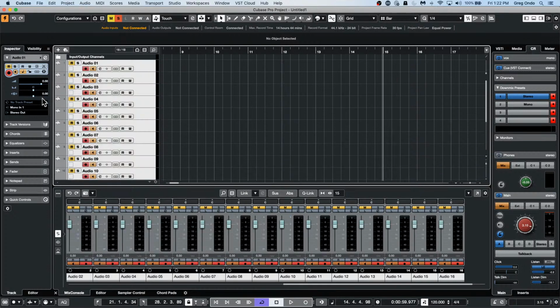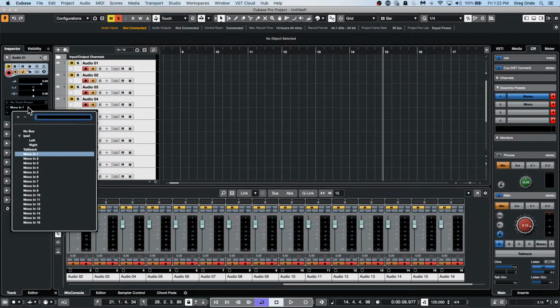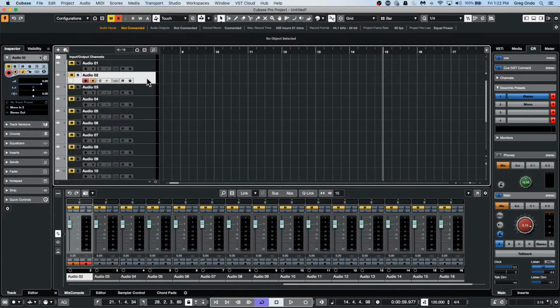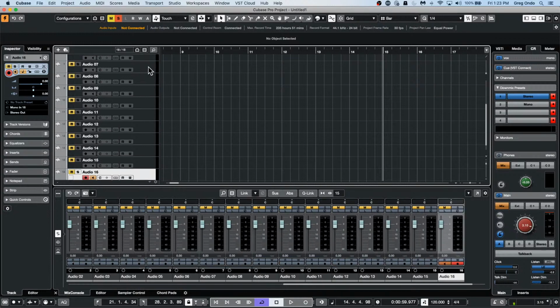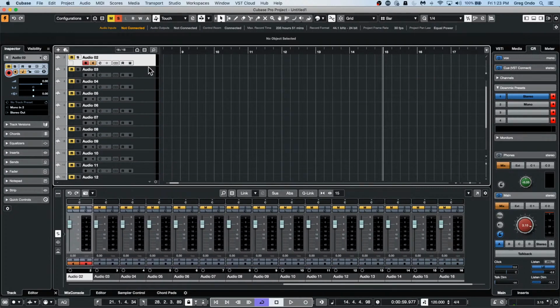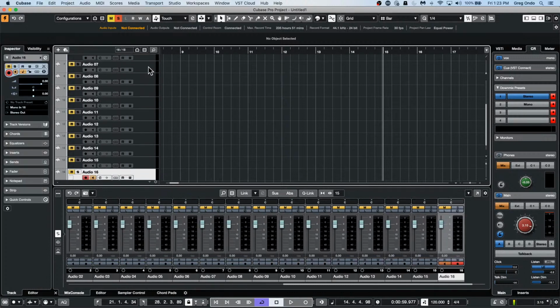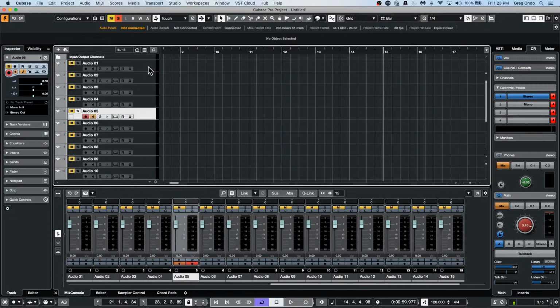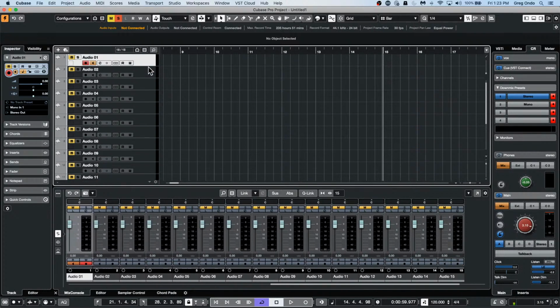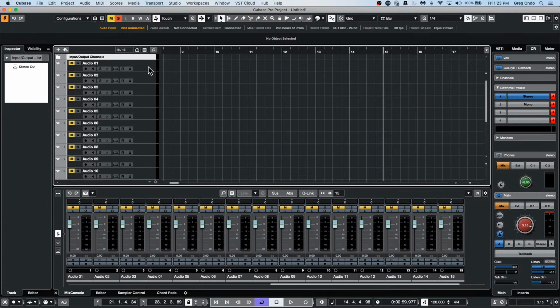all the tracks, and I think if you hold down Shift, as we do this, you'll see that it's mono in 1, 2, 3, 4, 5, 6, 7, 8, 9, 10, 11, 12, 13. So that will sequentially add all of your inputs, and you can do that for outputs as well. Just hold down Alt or Option plus Shift and change the top one to the very first one, and that way you can subsequently add them, where you don't have to assign each of the tracks